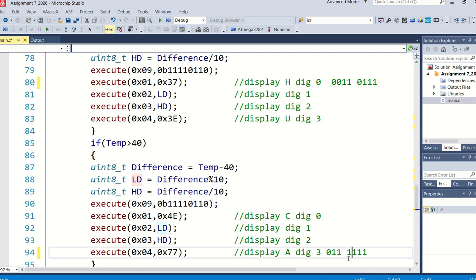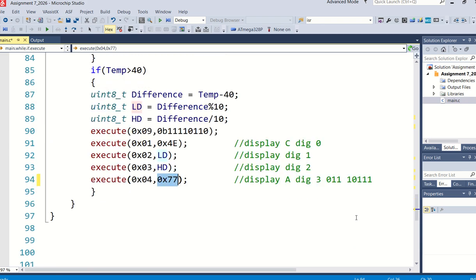A, B, C, D is a 0. E, F, G. There we go. And if you look at this, this is a 7. And this is also a 7. And this is where the 77 comes from, to display a non-decoded value,